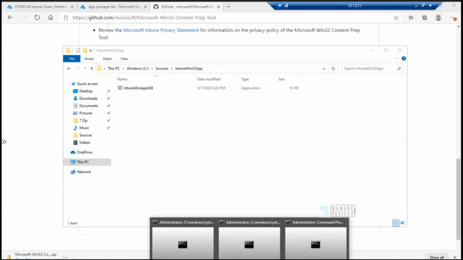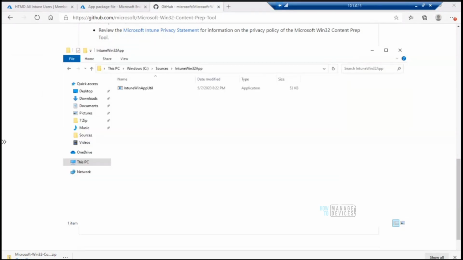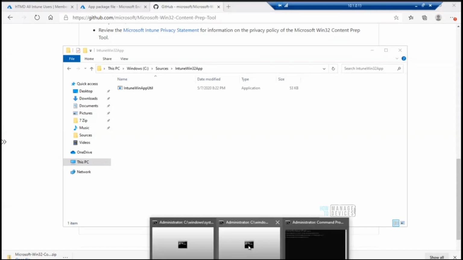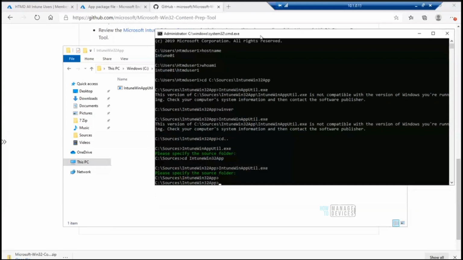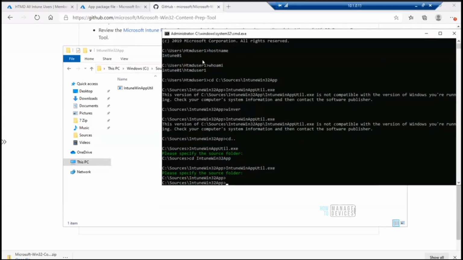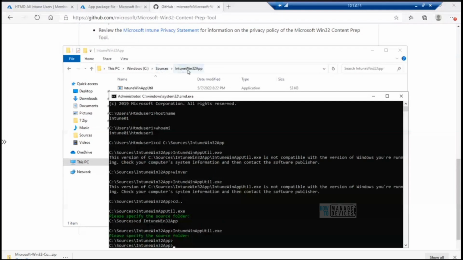I already opened a command prompt somewhere here. Yeah, this is the one which I'm going to use now. This is this particular folder, Sources Intune Win32 app.